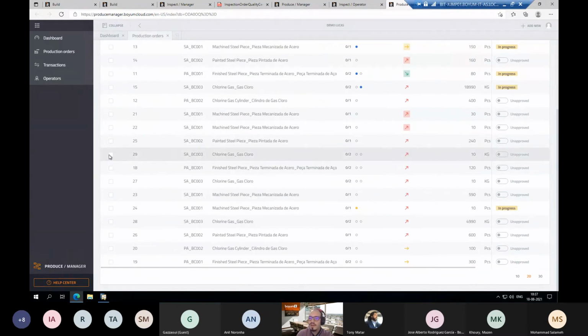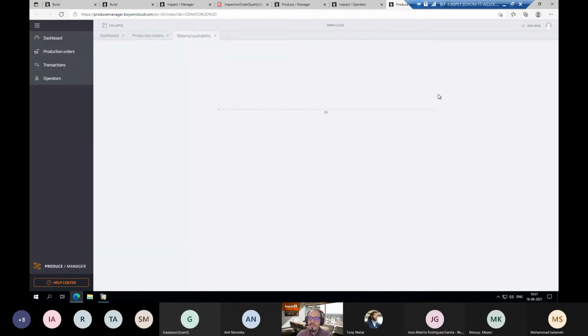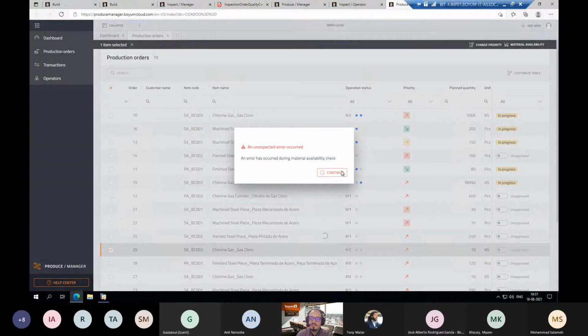And if I come here, I can also click on an order, for example, one that I have unapproved, and I can decide to approve. And when I approve, it will release the order in SAP Business One. But before releasing, I can first of all understand if I have stock or not. I can just click on it and open up the material availability. On the material availability,